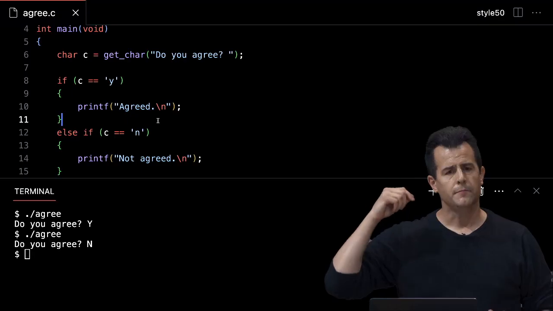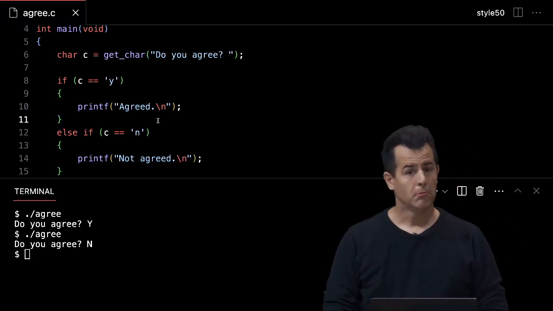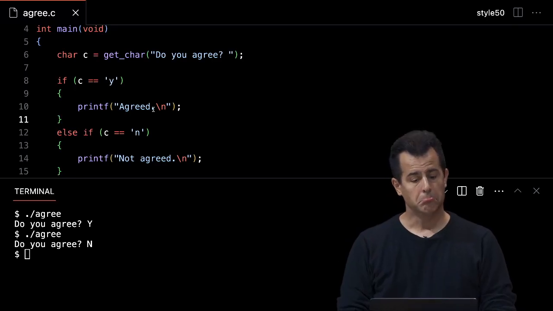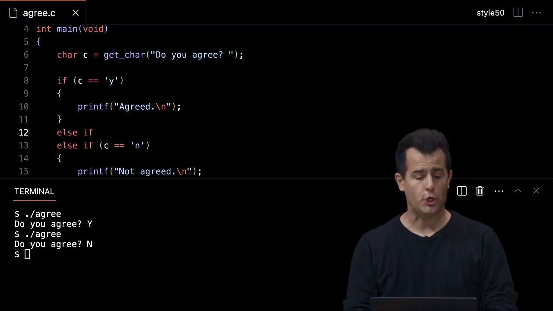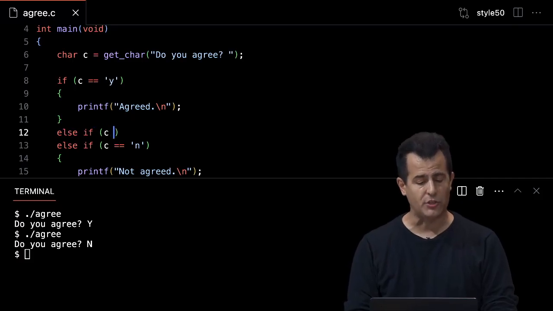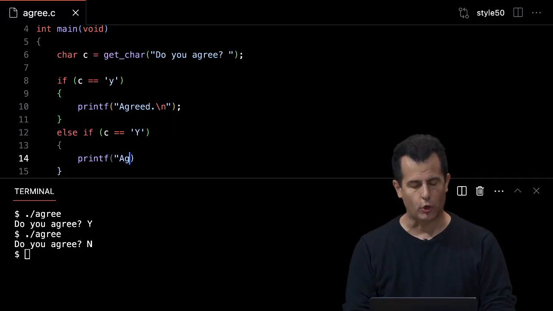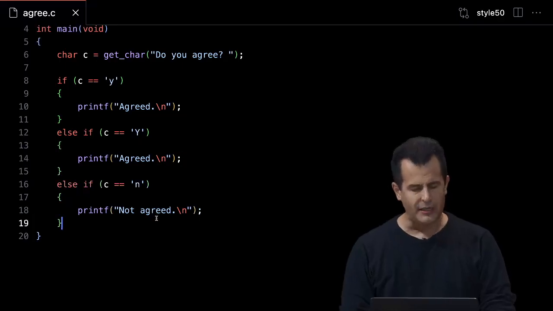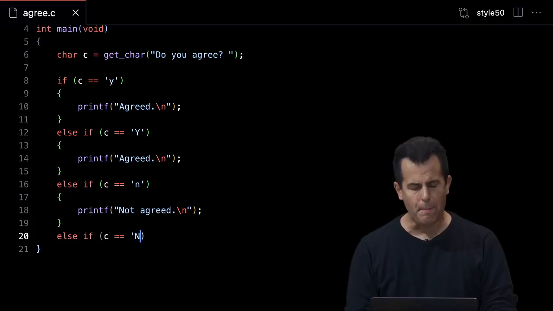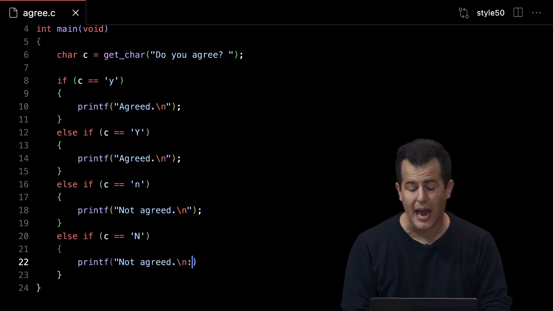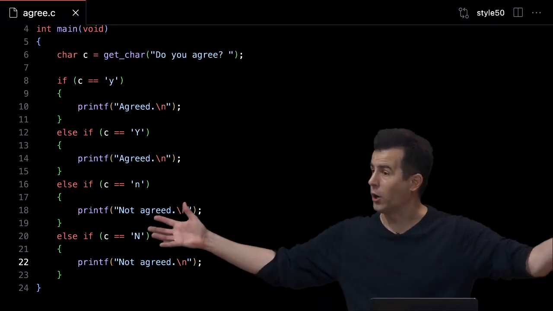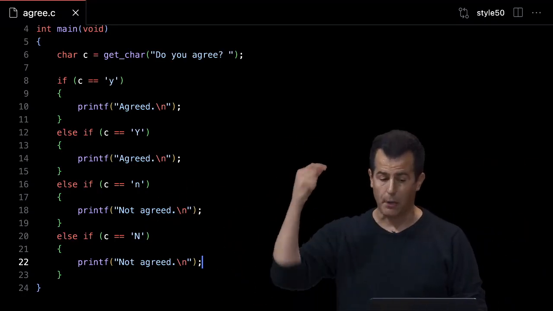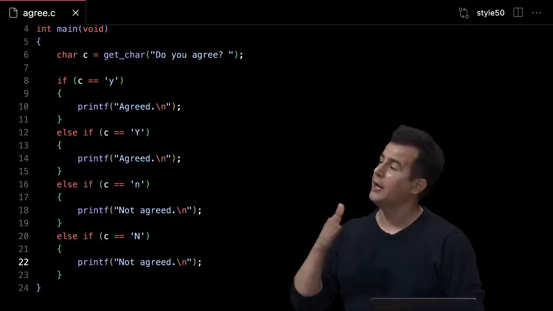Yeah? Yeah, let's just add another branch here, so to speak. So if variable c equals capital Y, then I can go ahead here and say printf agreed. And then let me close my terminal to make more room. Otherwise, down here, else if c equals capital N, let's go ahead and again say printf not agreed. And I claim that this would actually now work. It's a four-way fork in the road, but I'm at least checking for lowercase, uppercase, lowercase, uppercase for Y and N